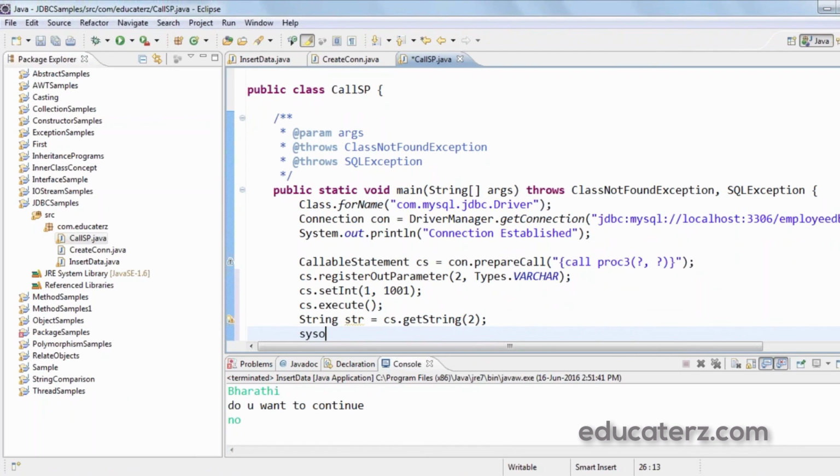Now I just print that the employee name is str.